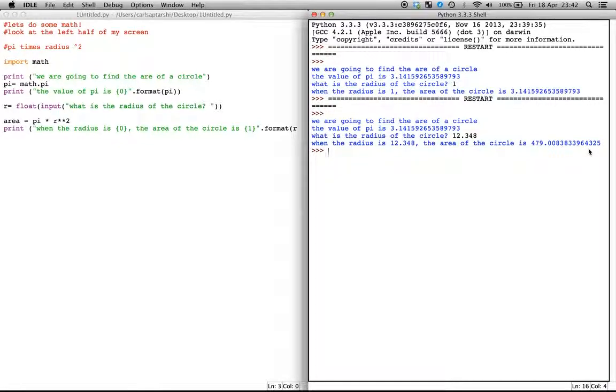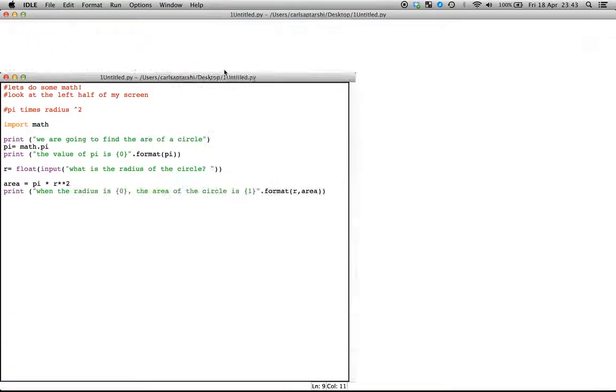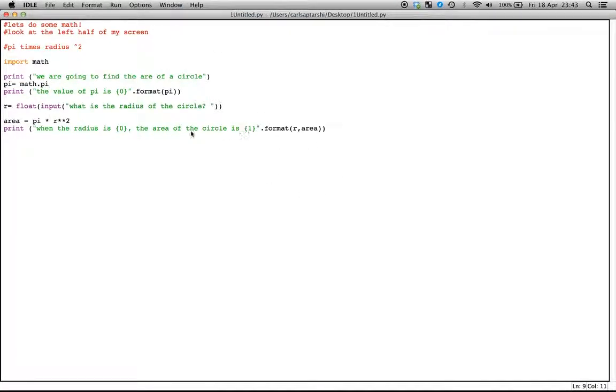Well, that's about it. That's how you can find the area of a circle, and it's a much more user-friendly way of putting it into words, into strings, and it also shows you how you can start to use this function of the 0 and the 1 and the dot format. In the next video I'm going to be using these again through the different use of maths, and it'll just be a different example, but it'll be